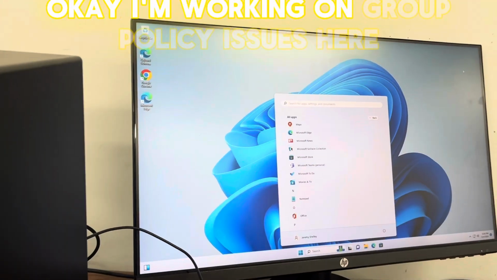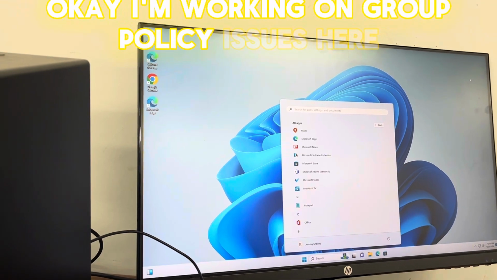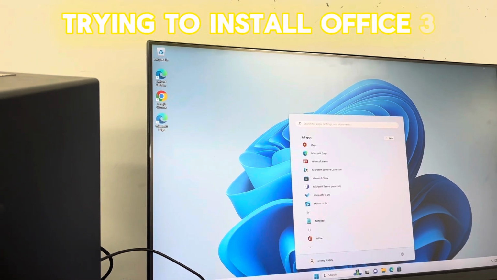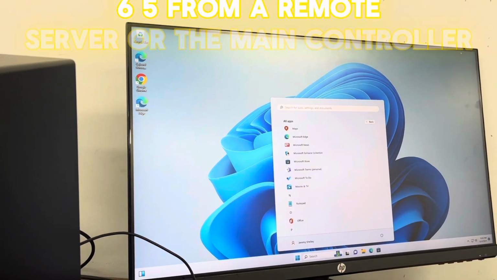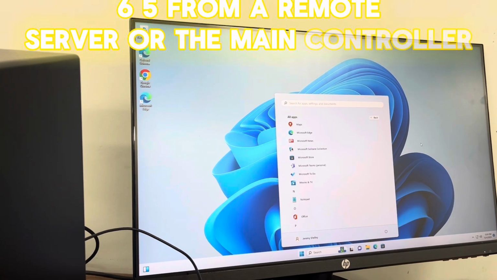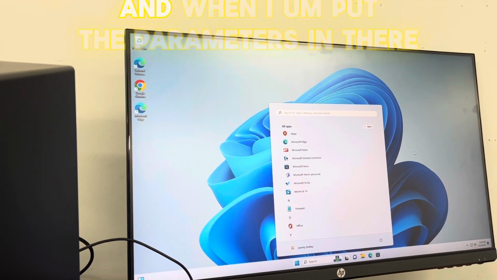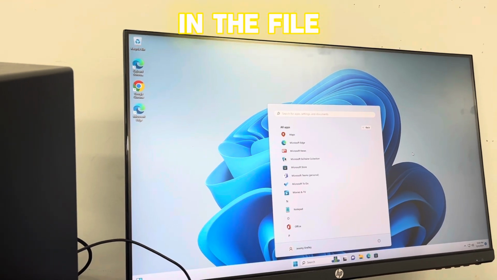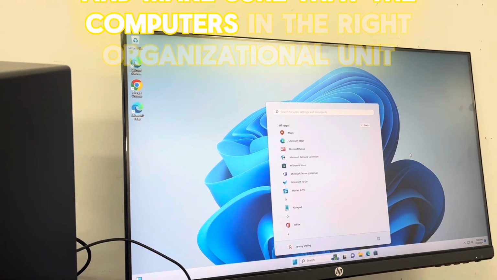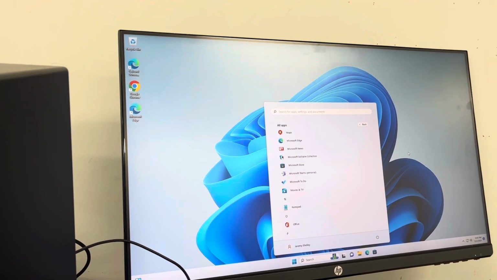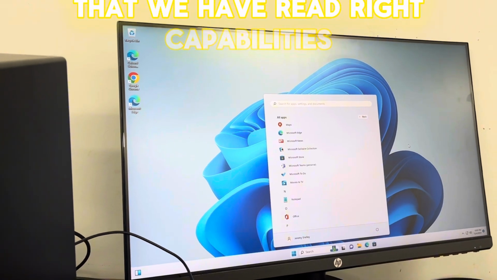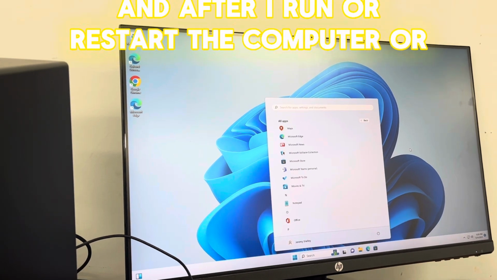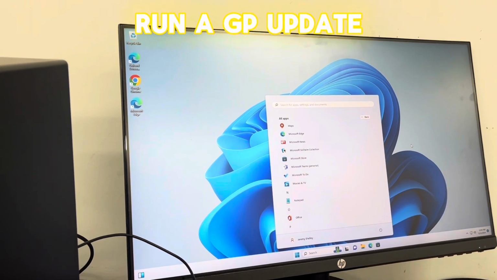Okay, I'm working on group policy issues here, trying to install Office 365 from a remote server or domain controller. When I put the parameters in the file and make sure the computer's in the right organizational unit, and that we have read-write capabilities, and after I restart the computer or run a GP update,